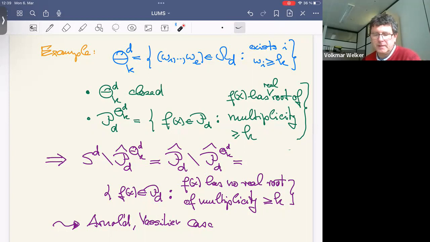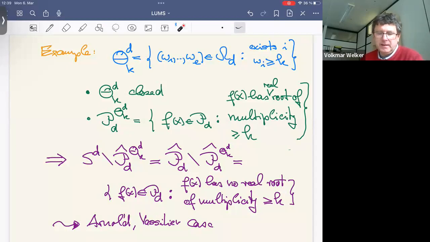Now we want to model this in our situation, and we look at theta